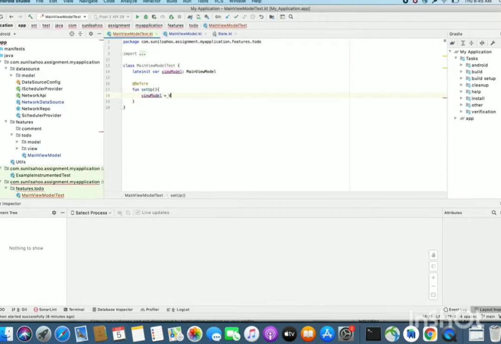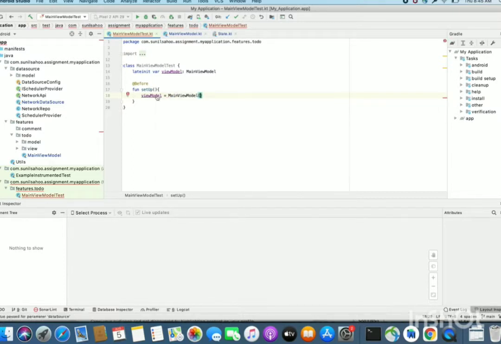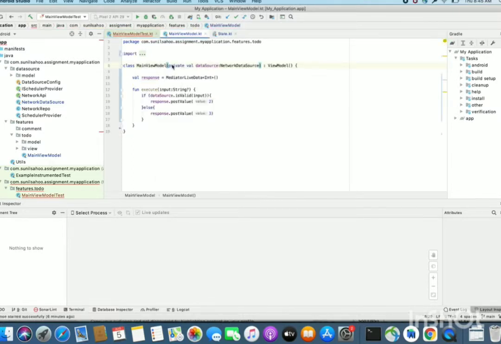Now create the instance of MainViewModel. Now see, my ViewModel takes one constructor parameter, that is dataSource, which is NetworkDataSource. Now let's mock it, because we will not verify the functionality of the data source, so we can mock the data source.